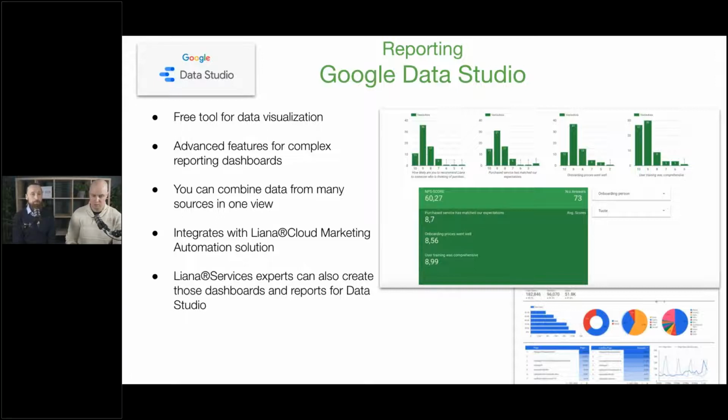So Data Studio is an easy way of doing it. It's free software. We use it ourselves too at this point, and we can also help our customers create these dashboards and views there. So you can combine data from marketing automation, but also from the operational side of your business in one view. Personally, I think Google Data Studio is a very good solution for gathering how, for example, our marketing actions work in different places, not just in marketing automation, but elsewhere as well. Exactly.